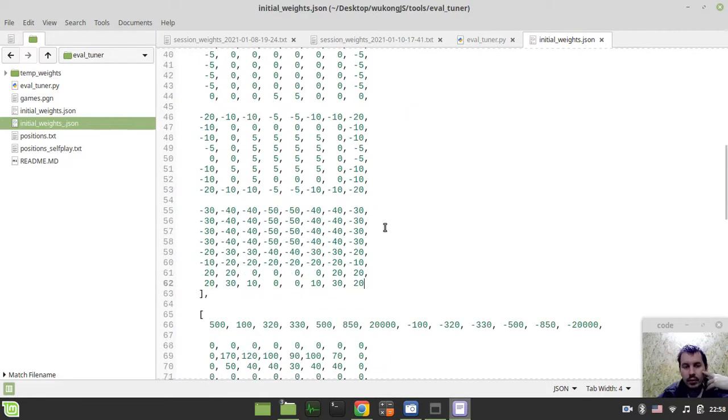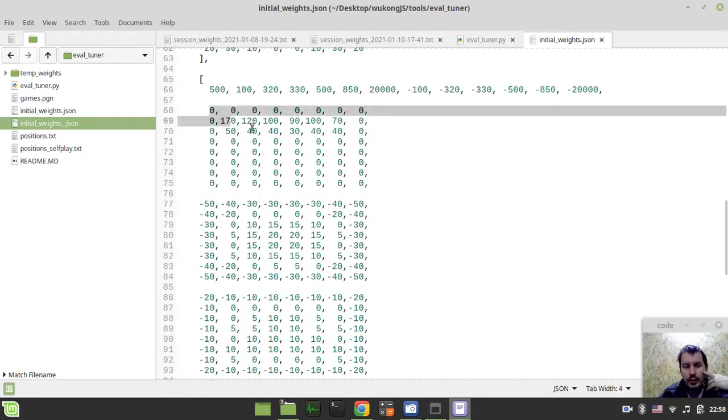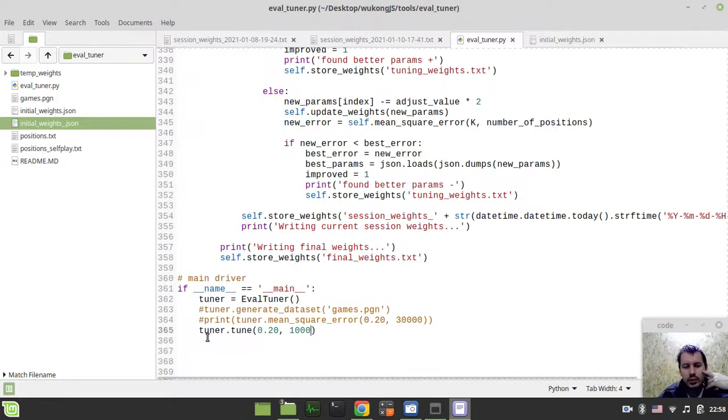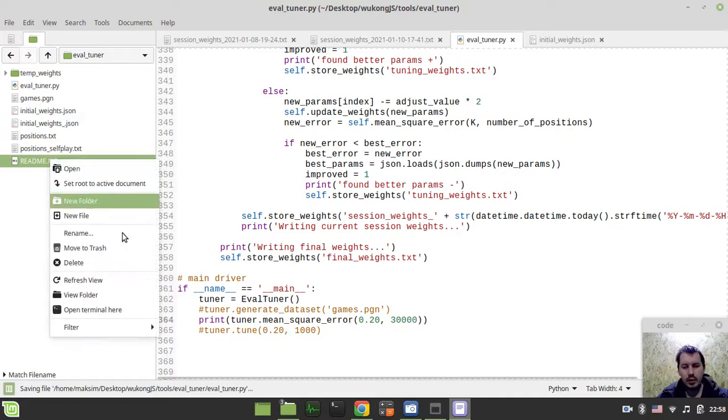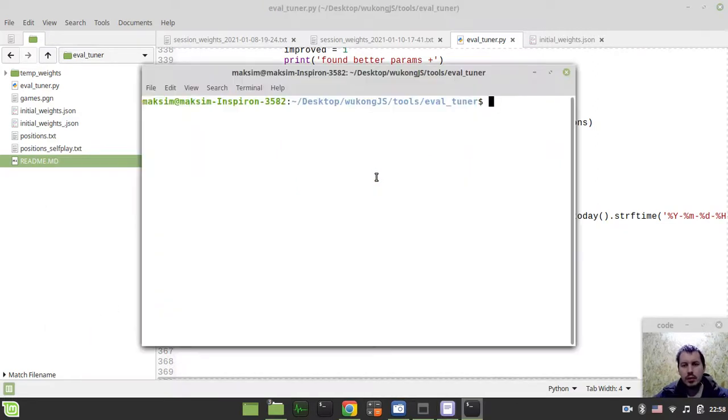Also, if we have a look at this pawn table for the endgame, I've dropped the board edge values, so they're back to 0, which also minimizes the mean square error for me. The idea is very simple, just to give you an idea. If I comment this out and just try to print this mean square error, let me open the terminal and say,